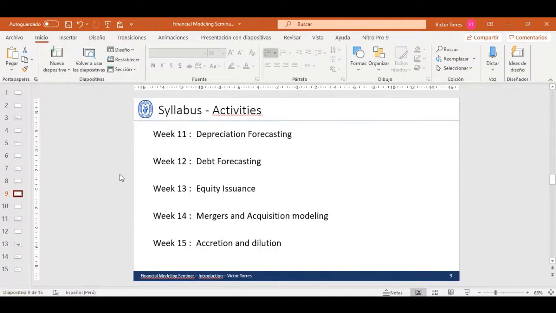And then we go into the specific items that I mentioned. We're going to drill into depreciation forecasting. For all those other models, we're going to make a gross assumption regarding depreciation. Then we're going to cover those elements in week 11. And on week 12, we're going to go into debt forecasting,